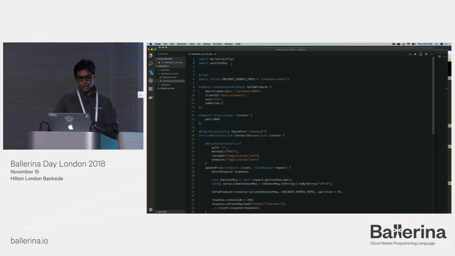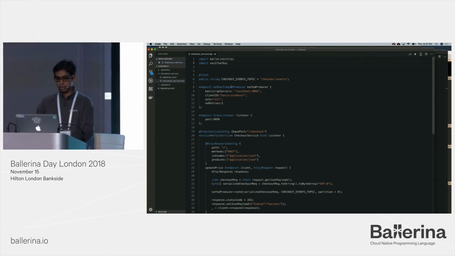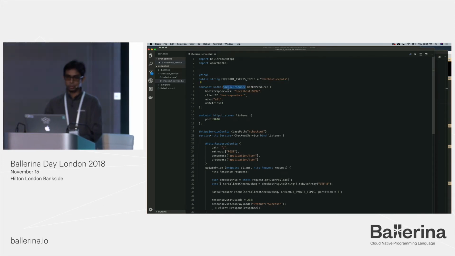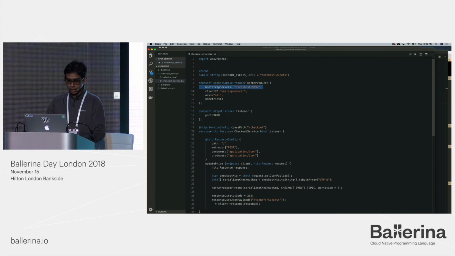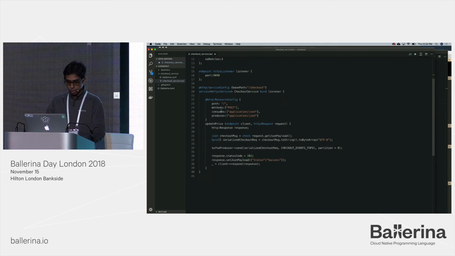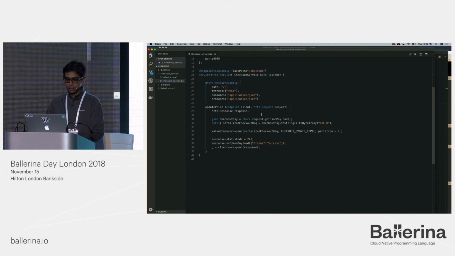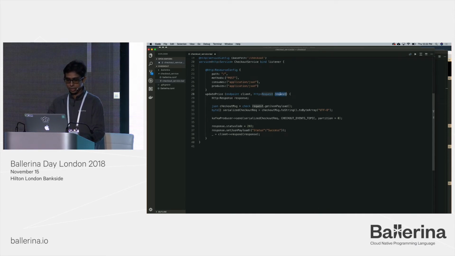And then you can define a Kafka producer. It's again an endpoint, a Kafka producer outbound endpoint. It has details of the endpoint, such as the URL and the port, the client ID, and all the other information. So the service implementation logic is quite simple. I retrieve the request